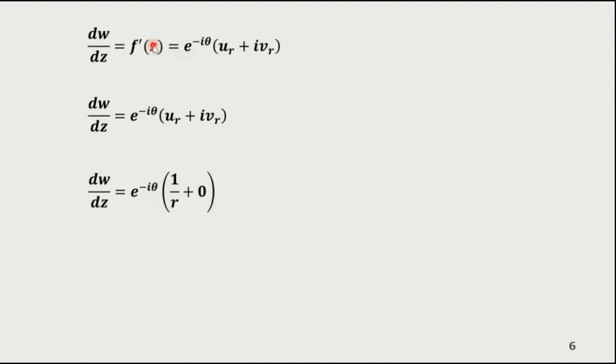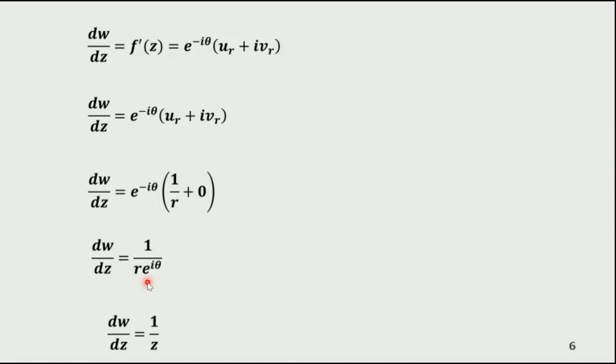How to get z function? हमें लाना है r e raised to I theta. So r e raised to I theta हम कैसे ला सकते हैं? E raised to minus I theta को हम डिनोमिनेटर में लिखेंगे e raised to I theta. Yes, 1 by z, correct. E raised to minus I theta को हम डिनोमिनेटर में लिखेंगे, तो we will get 1 upon r e raised to I theta. But r e raised to I theta is z, so I can write dw by dz is